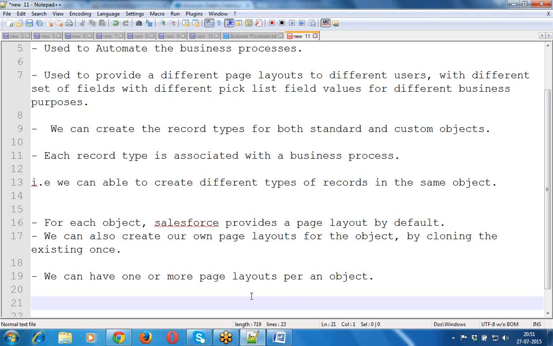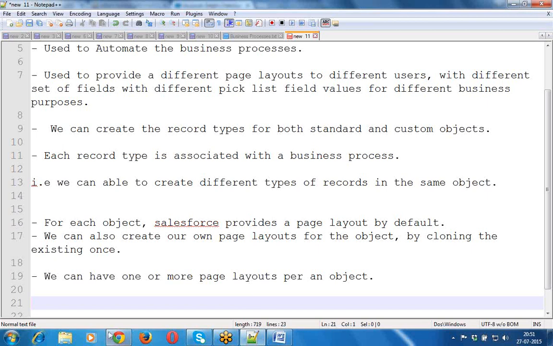By default, Salesforce provides a standard page layout to you that we can utilize, or if you want to customize it, you can customize it, or if you want to create your own new page layout, we can create it also. Instead of creating the page layout from scratch, we can make a clone of the existing one and then do the required changes which we want. Nothing but we are cloning the existing page layout.